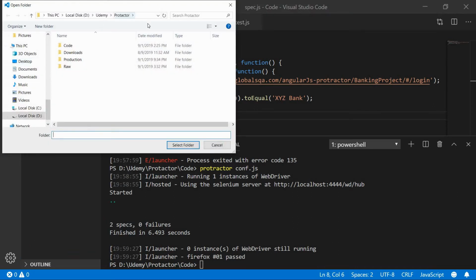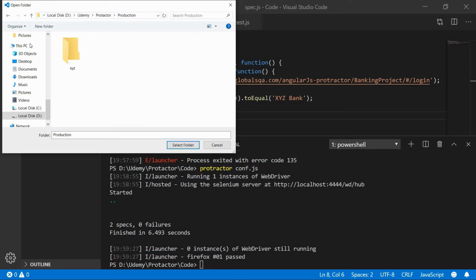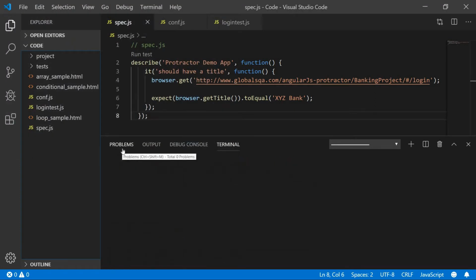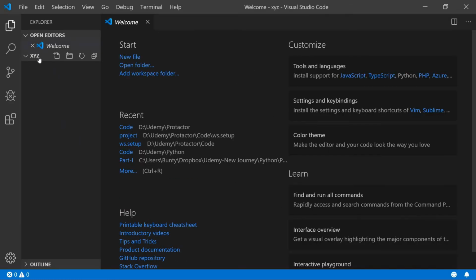From the file menu you will find open folder, paste this XYZ, select folder. So it is now switching you to the new folder that is created, XYZ.